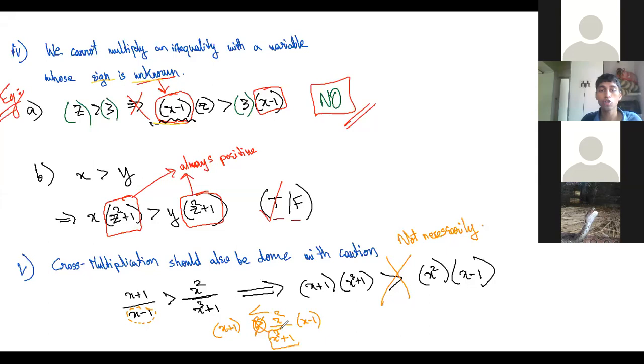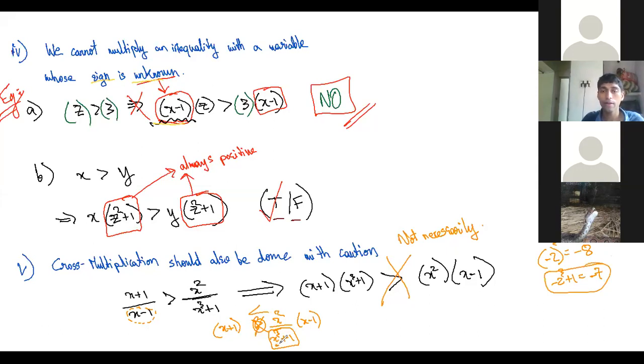And then again you have x cube plus 1. So we don't know the sign of x cube plus 1. X cube plus 1 can be negative also. It is not square, it is cube. Like minus 2. What is the cube of minus 2? Minus 8. Minus 2 cube plus 1 is equal to? Minus 7. Yeah, so this quantity can be something negative also.